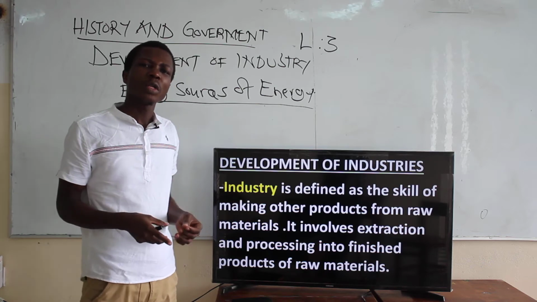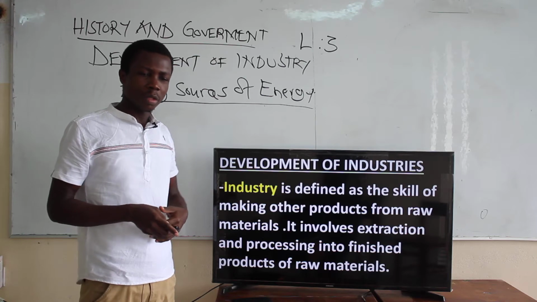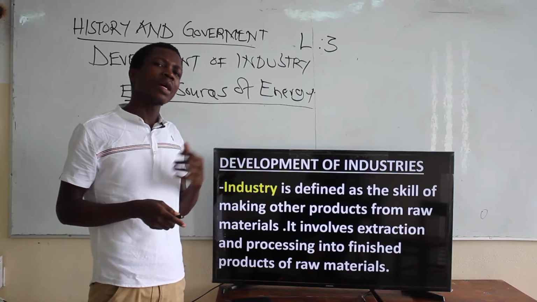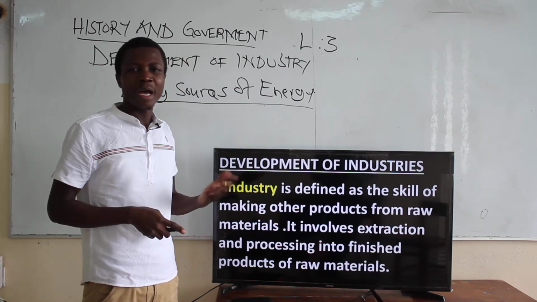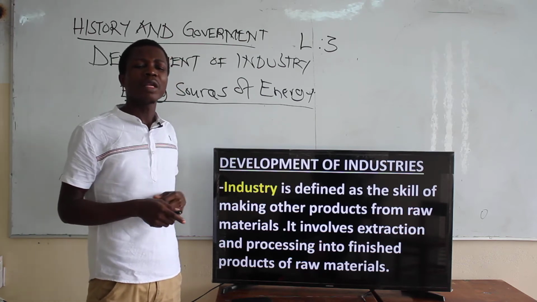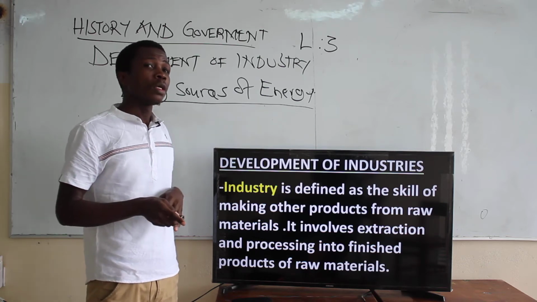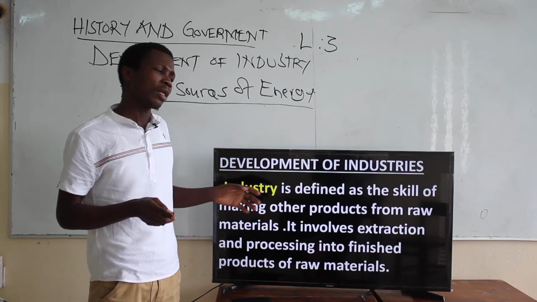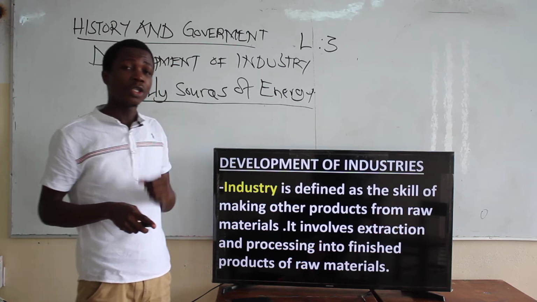You talk about pottery, making of pots, that was a skill. These are the local industries we are going to start with. You talk about iron working. Those were the kind of industry where people can come up with tools made with a design that has been influenced by man. So it involves extraction and the processing into finished products from raw material. For an industry, there must be raw material being used to make a finished good.